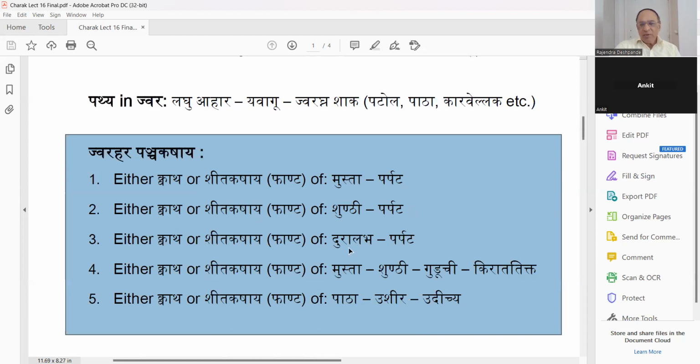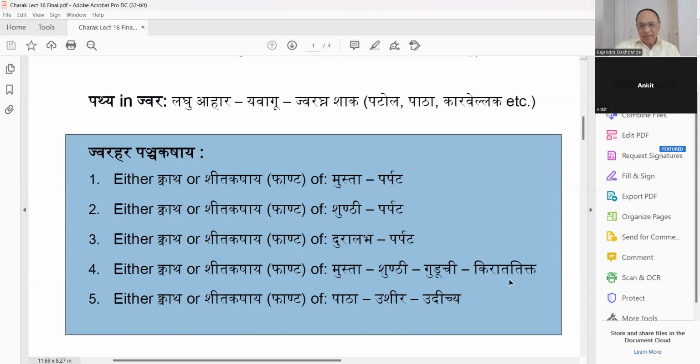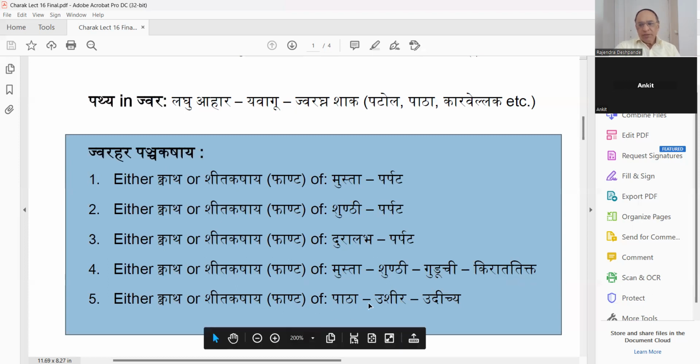शुंठी का मतलब जिंजर होता है, परपट का मतलब पटोल होता है, पड़वल होता है मराठी भाषा में। देन ये देखिए आगे चलकर ये दुरालभा प्लांट है जिसको हम धमासा भी कहते हैं। ये रक्त का जो प्रवाह है वो ठीक करने वाली दवा है और एंटी हाइपरटेंसिव भी माना जाता है, इससे ब्लड प्रेशर कम हो जाता है। और परपट हमेशा की तरह पटोल तिक्त रस का है। अभी आगे चलकर उन्होंने लिखा है कि मुस्ता मतलब नागरमोथा आमपाचक है, शुंठी दीपन पाचन है, गुडूची इम्यूनिटी बढ़ाने वाली द्रव्य है, और किरात तिक्त बिटर होने के कारण एंटीपायरेटिक है, जिसके द्वारा हमारे शरीर का जो आम है वो निकल जाएगा।